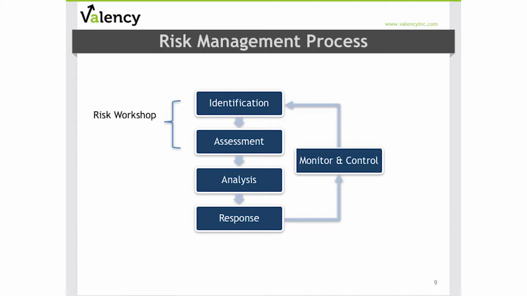The third step in the process is risk analysis, which refers to techniques to perform quantitative risk analysis. The fourth step is developing risk responses, where your project team will determine the most appropriate strategy and the actions for each of the risks that they've identified. And the final step in this iterative process is monitoring and controlling project risk. Just like we monitor and control project cost and schedule performance throughout a project, this step involves reviewing progress on the agreed-upon risk responses, reviewing changes in your risk exposure, and continuing to identify additional risk as the project progresses.